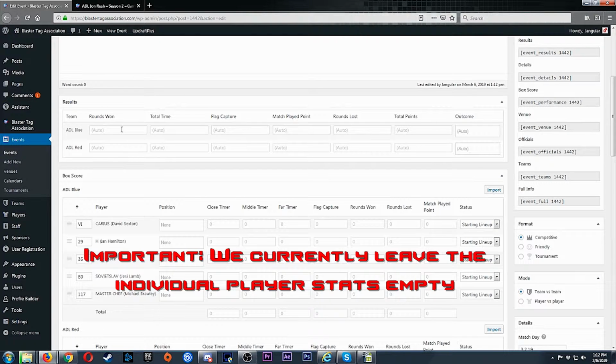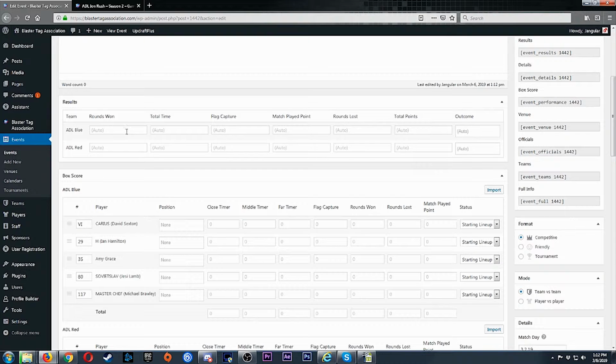So rounds won, on the match results here, we can see that the red team won 2 rounds and the blue team won 0 rounds. So 0 for blue and 2 for red. Total time is not something that you would utilize for Ion Rush, Quick Flag, FTT Speedball, basically anything that isn't King of the Hill currently. So if you're playing King of the Hill and you're inputting results there, your total time for each team would go here, and then you could go right on to outcome, your win and loss. That's the only major metric we currently track,